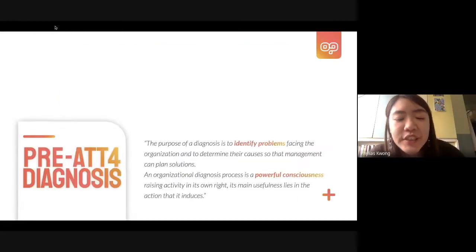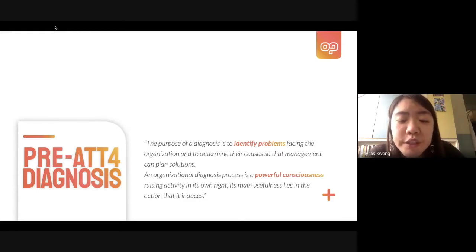So the purpose of having this session is to help identify the problem that we are facing in the organization, and also help us to determine the cost in terms of management and plan the solution for that. So that's why this diagnosis is a very powerful consciousness-raising